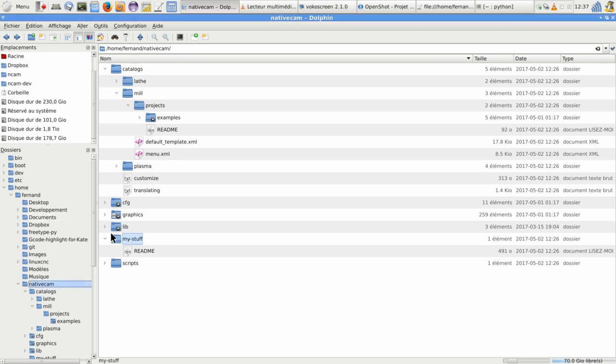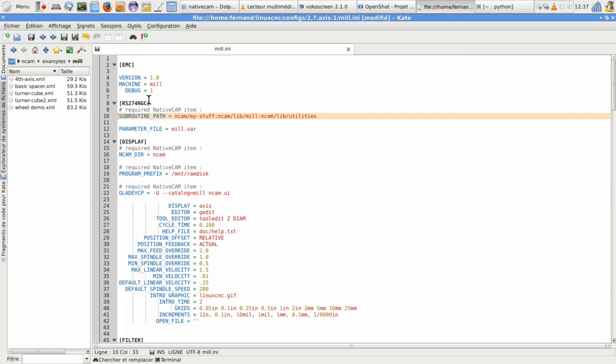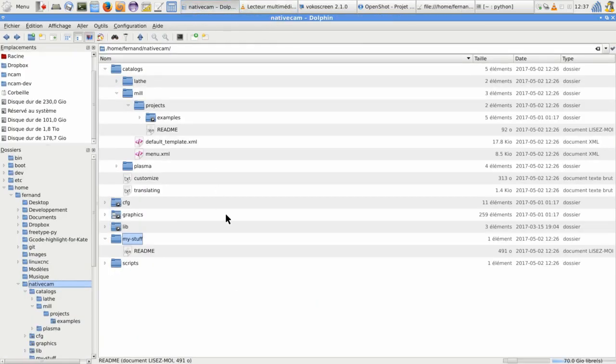stuff subdirectory, which is the new directory, and edit your ini file so it reads subroutine path ncam my stuff, or anyway the ncam directory, and so it is the first one on this line here. When you save a project, it will be saved not under my stuff but under catalog, mill if it's mill, project here. You have a default template and the menu is there too, and the examples are in the project